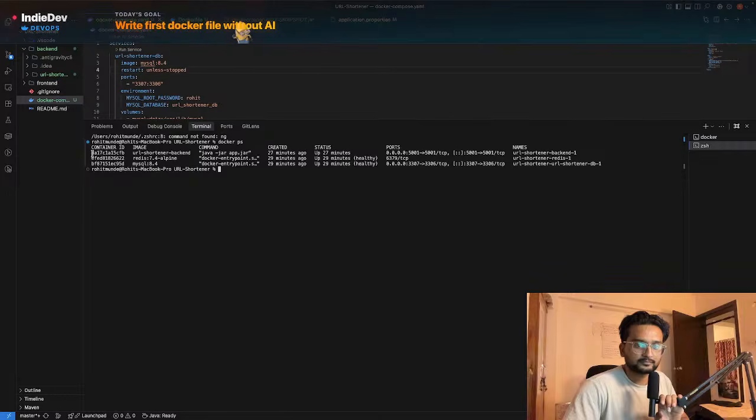A container has a virtual file system where the data is usually stored. But here there is no persistence. So if I remove the container or